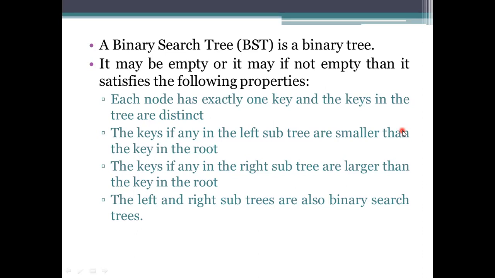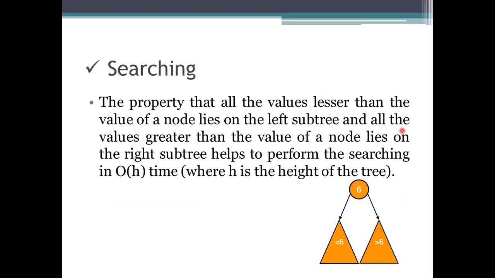If there are multiple nodes with the same value, it will not be an easy task. When we need to delete one node, another node may be deleted because it has the same value. Coming to the left subtree, as I said, it is smaller than the root, and the right subtree is greater than the root. Also, each and every left and right subtree has to satisfy the properties of the BST.